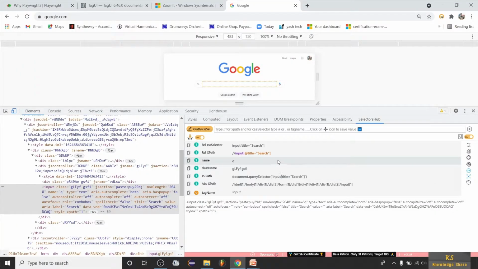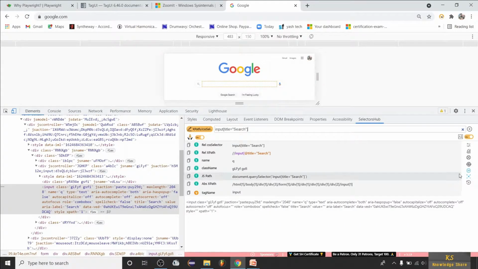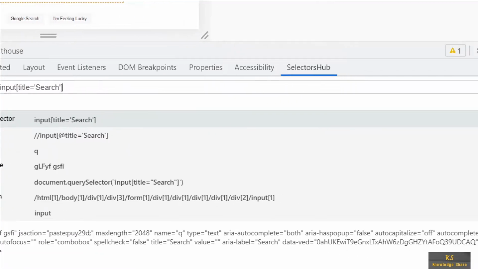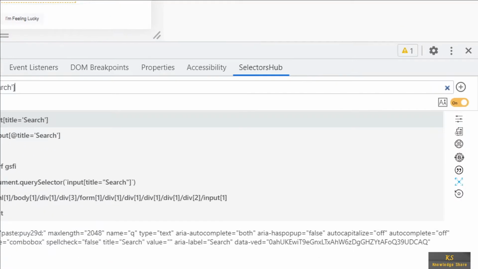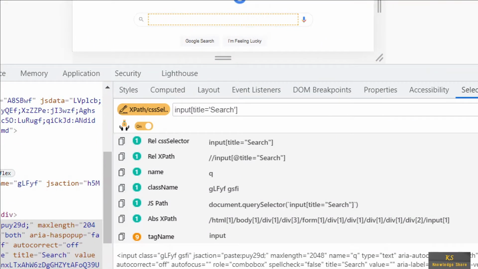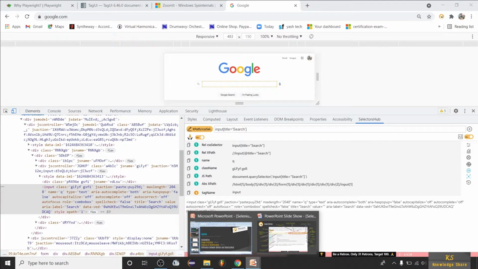So for example, see, it is in double quotes now. But the screenshot which I am showing here is a single quote, because this is turned on. So let me click on this. See, now it turned to single quote, right? So this is on. So let me switch it on again, and now let me see, now it's again double quotes. Okay, so this is how this icon works.